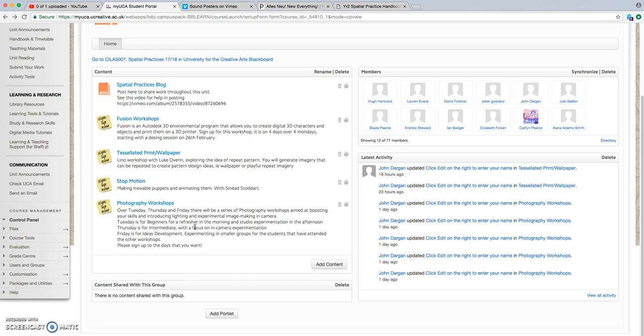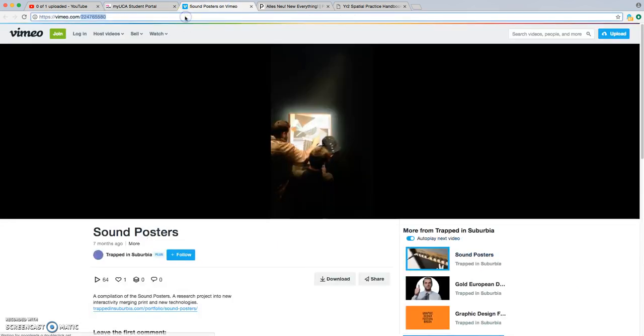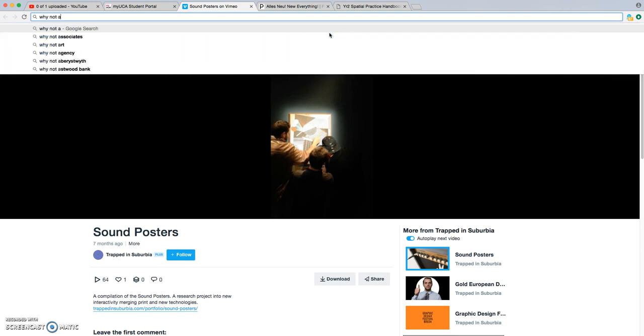Friday is for ideas development, experimenting in smaller groups for students who've done the other workshops. So that's where you kind of focus more. The original idea for this was to think about the way we used to make images. So if we look at, just bear with me,